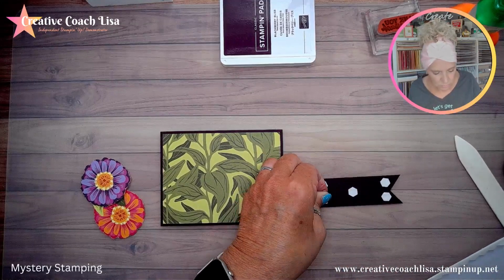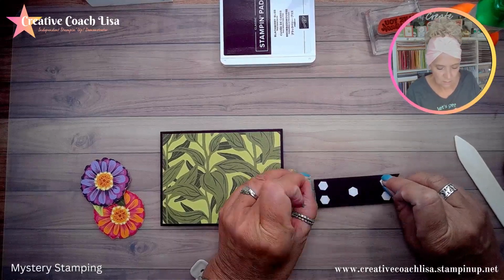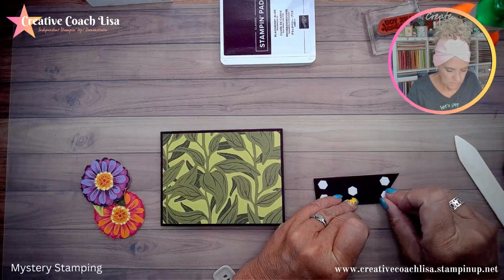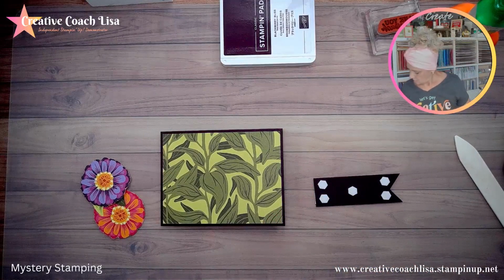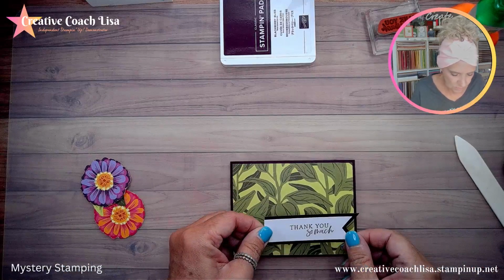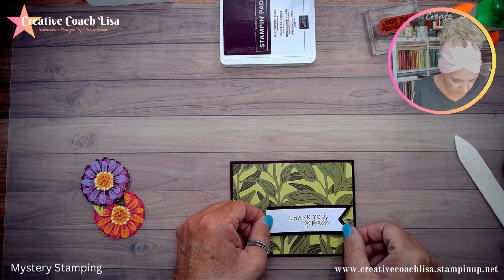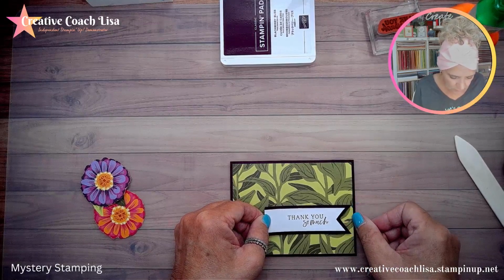I probably used too many dimensionals, but I don't want to take a chance on things sagging on my card, especially if you're putting it through the post and they smash everything as it's going through the machine. Sometimes they can't machine your stuff, but I don't know why they couldn't this one. So I'm going to put this kind of down here just a little bit, and I want to leave a little bit of a border here of the